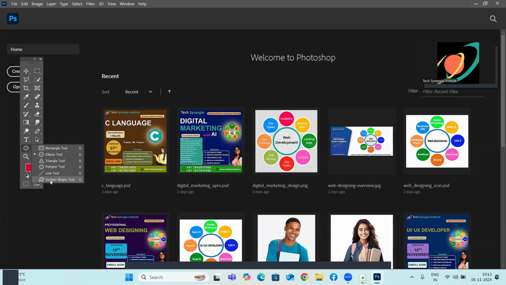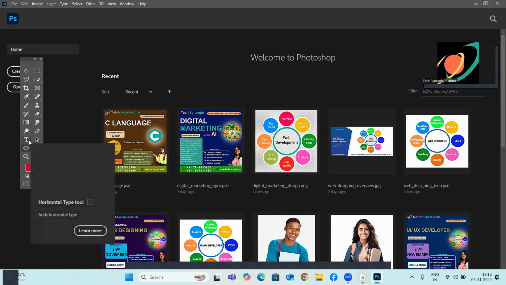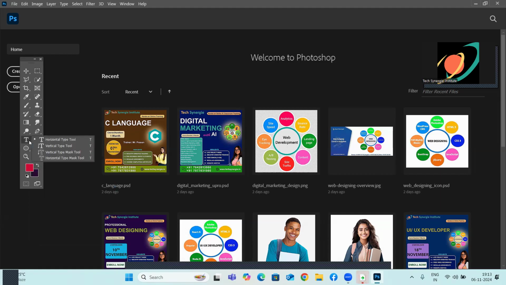Now let me take this forward. So after the shape tool comes another important tool, that is the text tool. This T icon that you see, this is a text tool. So text tool is used to write text, as we understand normally. Here also you will find a lot of tools inside this main text tool, because there is a button here. So click on that,